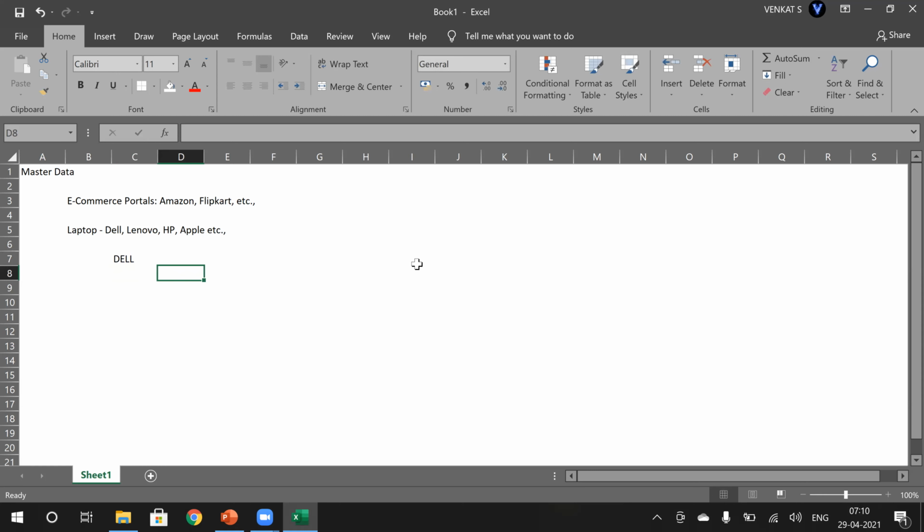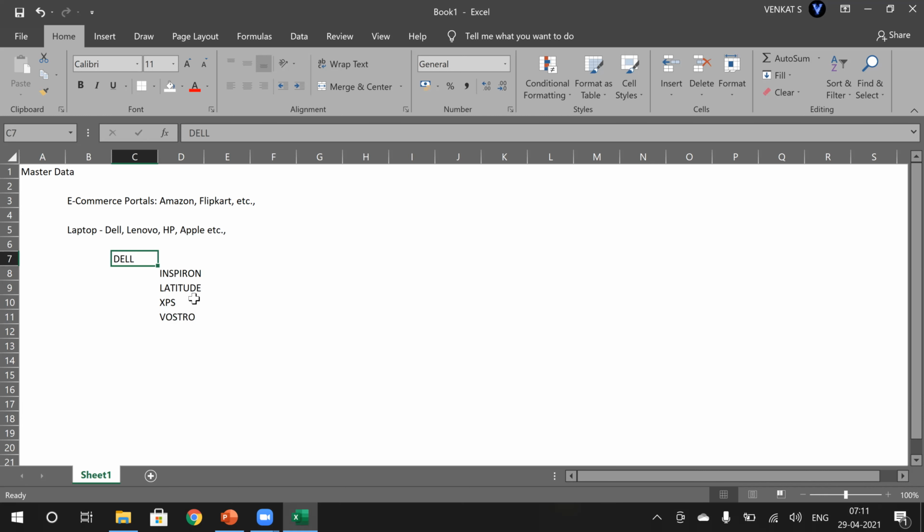Again, Dell will have different variants. We say Dell Inspiron, Dell Latitude, Dell XPS, and Dell Vostro. We can call these models of Dell.